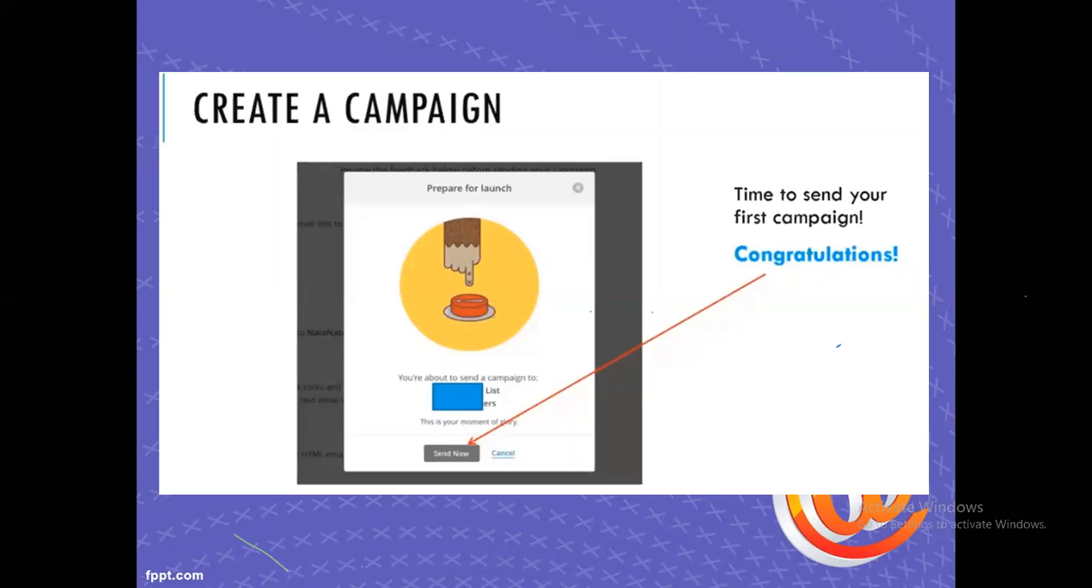So we are good to go now. I suppose everybody has no doubt so far. Is there any doubt so far? This is the last option you get. Once you create the campaign, you just click on that send button, and all the audience or your